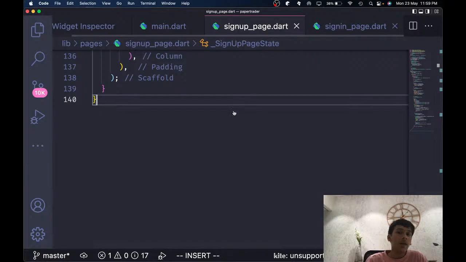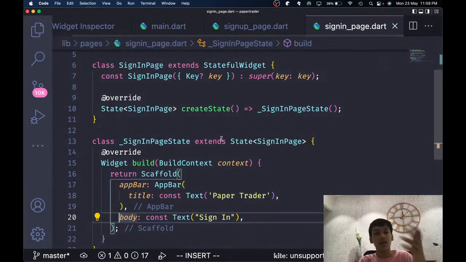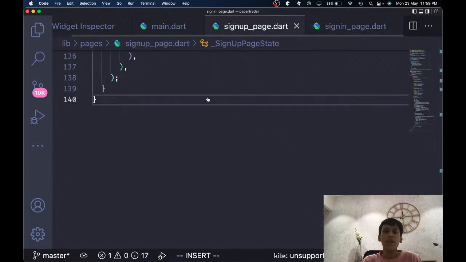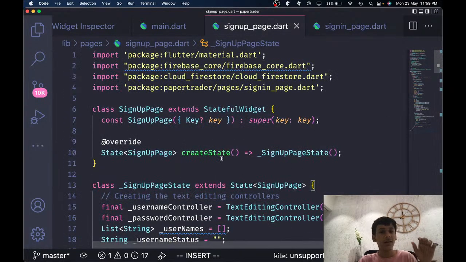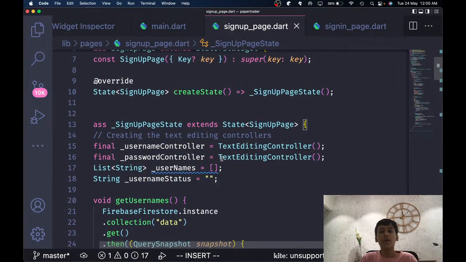So now we can head on to the sign in page and actually get the sign in page in place. Now the sign in page really is just gonna have basically the same UI that the sign up page has. It's not gonna have any difference in the UI. It's mainly just gonna be a little difference in the functionality, because in the case of a sign up page,